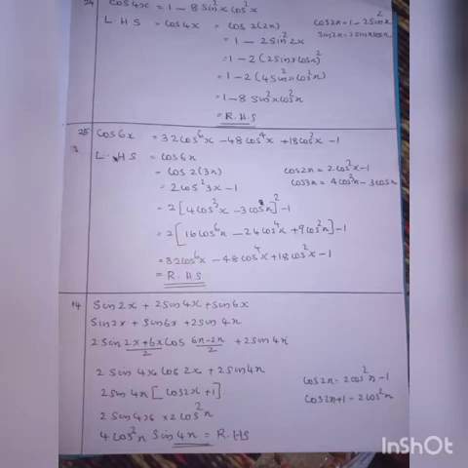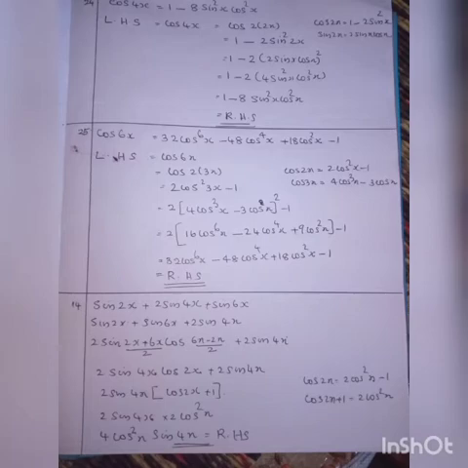Okay, let us move to question number 25. Question number 25, we have to start from LHS, given cos 6x. We have to reach the RHS. So cos 6x. We don't know the formula directly. So we have to convert into our known formula. 6x, how to split? 2 into 3x, 3x in bracket. So first of all we have to use the cos 2x formula.